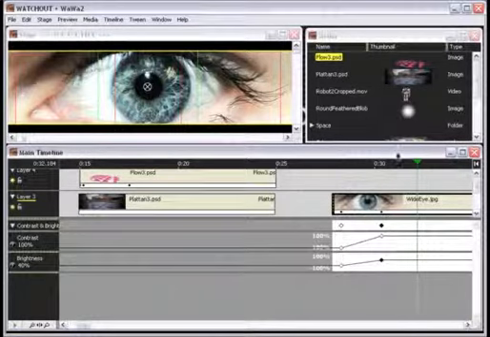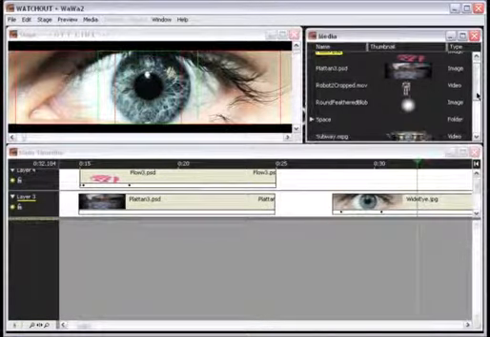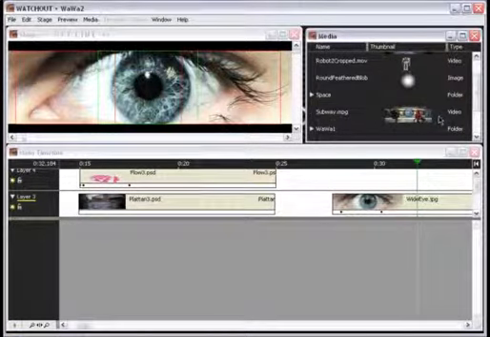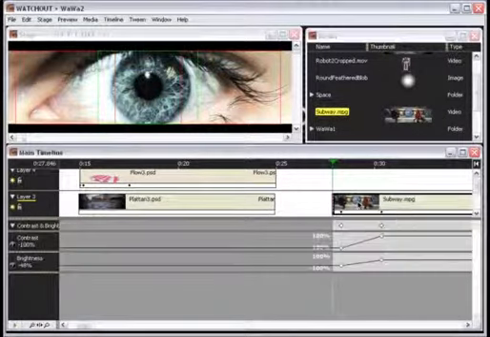In Watchout, you can do pretty much the same effects regardless of what kind of image you are dealing with, whether it's a still image, a video clip, or live feed, or any other kind of images that you can display in Watchout. So let's just go ahead and replace the image of the eye with a video clip of